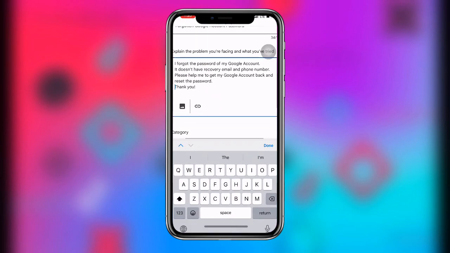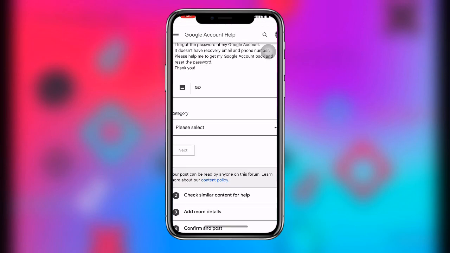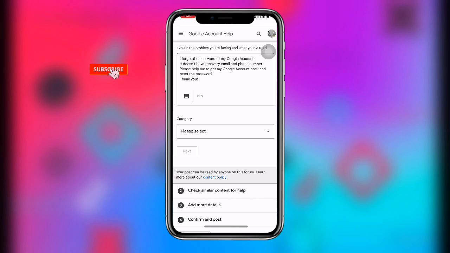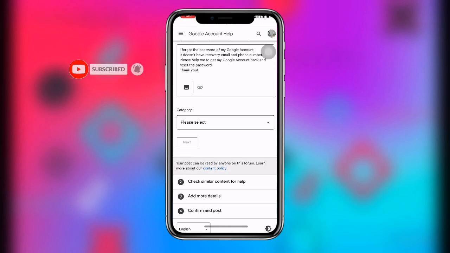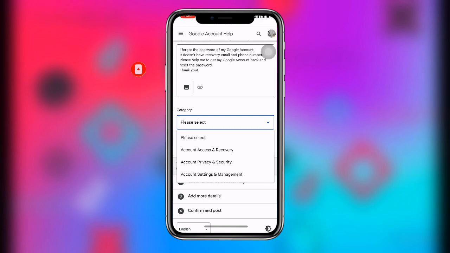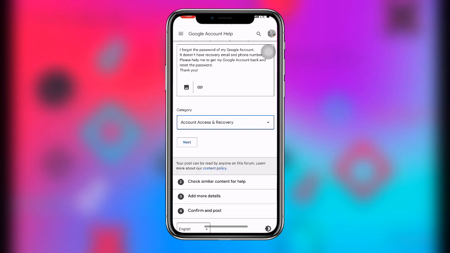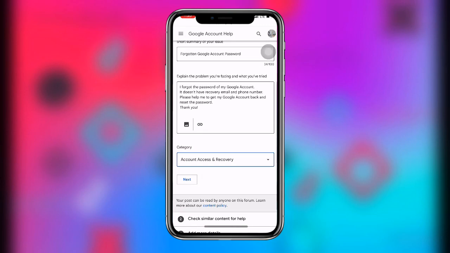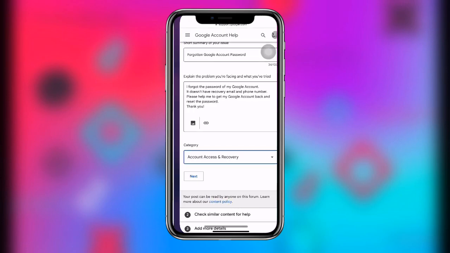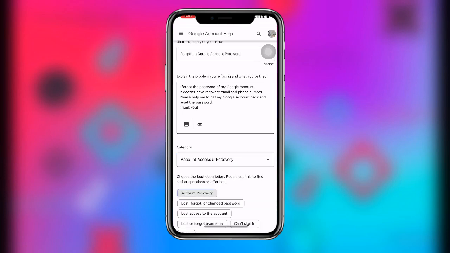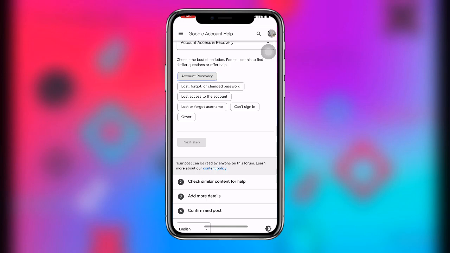Now once you have entered this, you are good to go, because Google experts are ready to help you recover your account. So you can see category over here, select account access and recovery, and once you have entered that, you can see this over here. If you can't remember, you can just repeat the same over here what I have written. So once you are done, you come to the category and you select account access and recovery, then click on next. Now once you click on next, scroll over here,